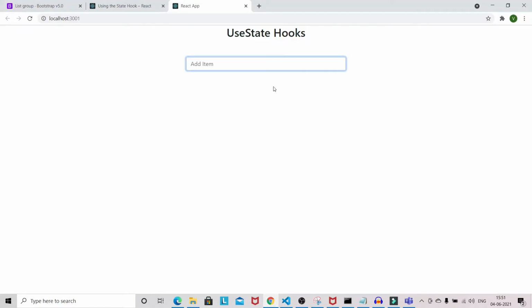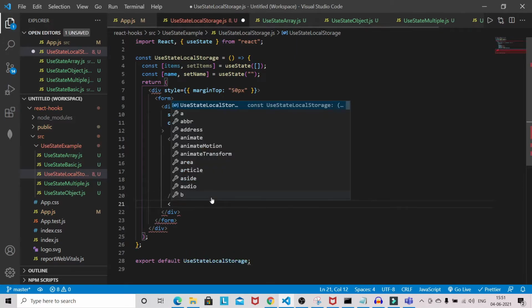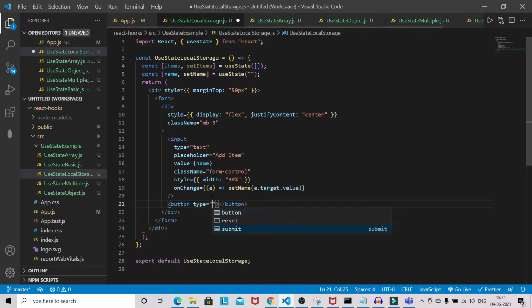Now we got it in the middle. We'll add one button to add the item. Okay, so let's come before closing div. We'll have button, and type will be submit, and class name will be btn btn-success. Okay, and we'll have the add.